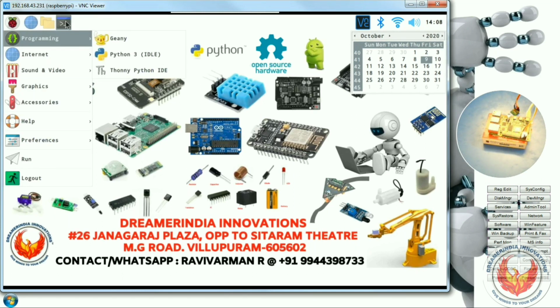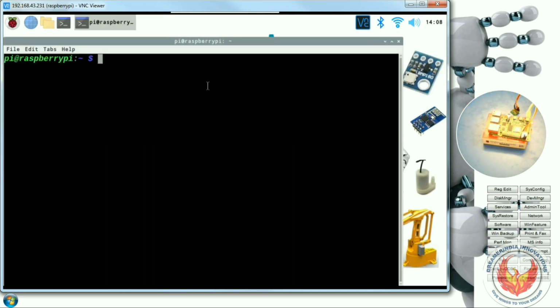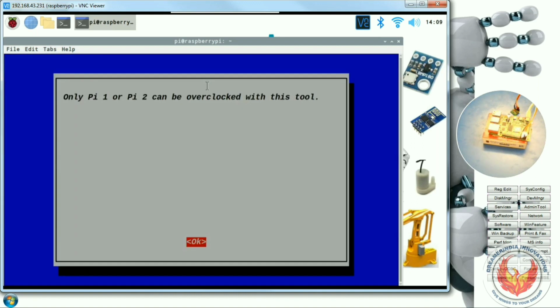First of all, I am going to check whether the I2C device I have connected is activated or not. In my last video, I showed you how to activate I2C, but again I will show you how to do that. For that, you have to go to sudo raspi-config, and in the interfacing options, okay, just a second.